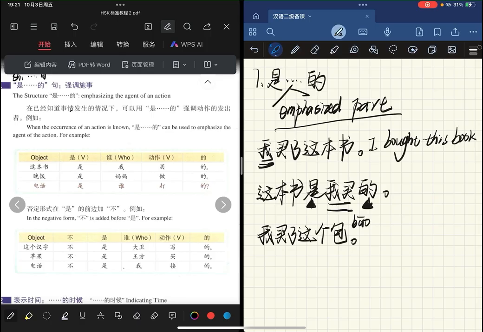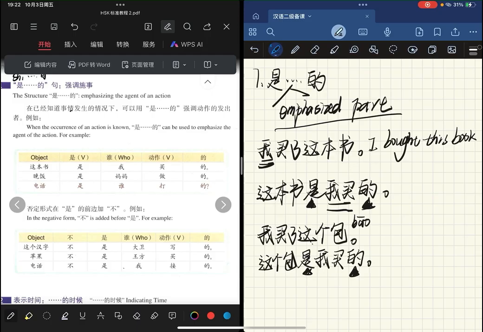If I use this structure, I can say 这个包是我买的。So here we can see